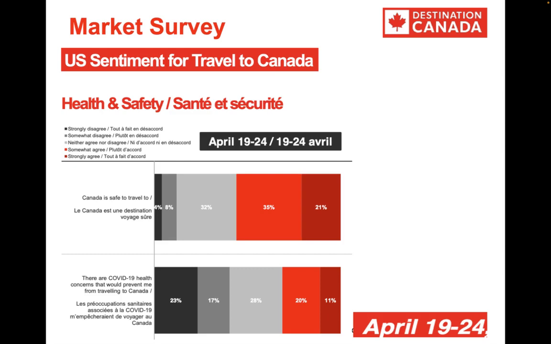So again, this is a great example. Destination Canada does this a lot. They send out a lot of market surveys just to have an idea of what type of demand we might expect in Canada, particularly in this case from the American travelers. Okay, so this is another way that we can forecast what to expect in terms of people coming back to travel to Canada. So those are your 4 qualitative approaches to forecasting.